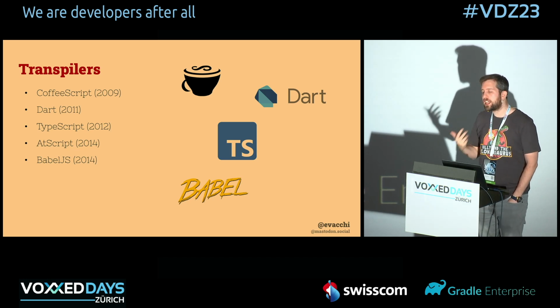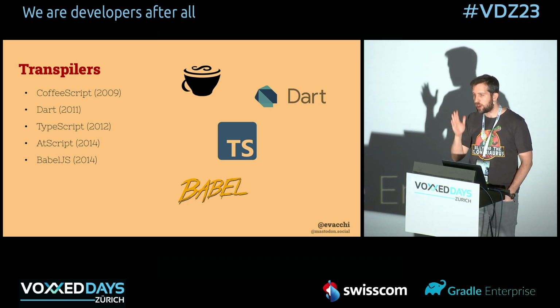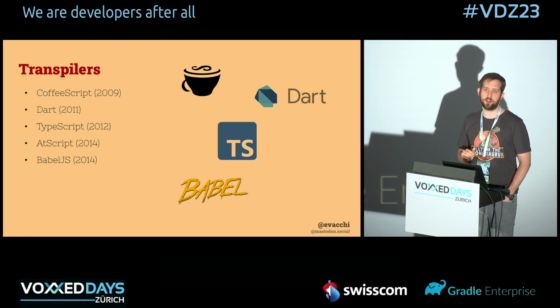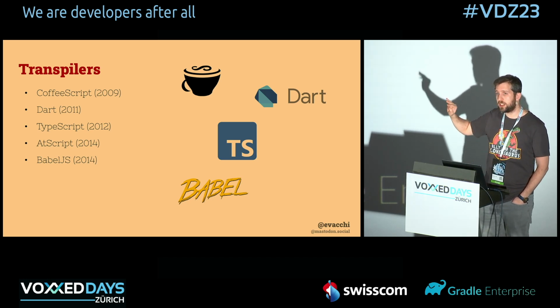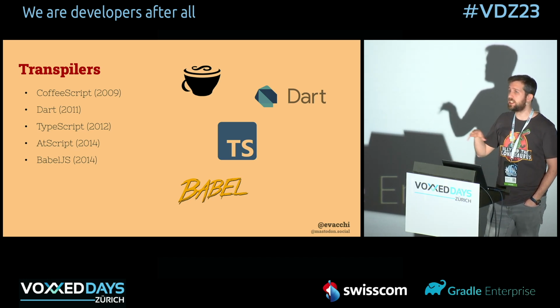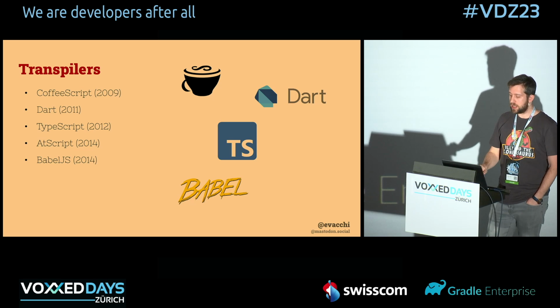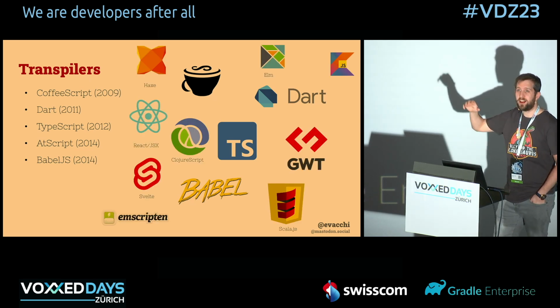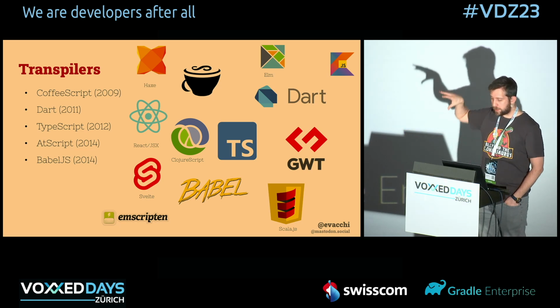At some point we accept that a build process in our release pipeline is okay to have, even for web developers. We're not using transpilers and code generators just for JavaScript, but also for CSS and so on and so forth. And there's a number of other transpilers that I'm not mentioning explicitly today,